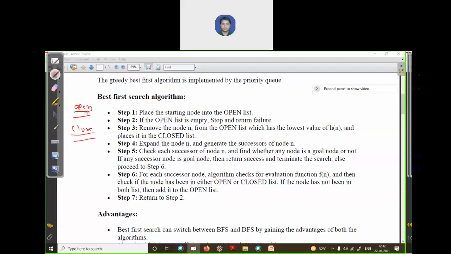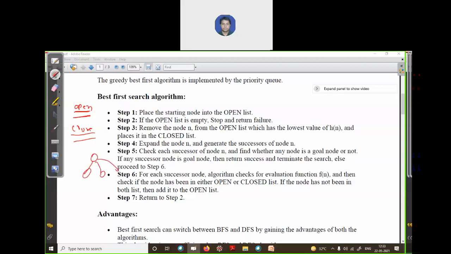In the open list, we will enter the nodes which we are exploring. In the closed list, we will enter the nodes which we have already explored. So the first point is to place the starting node into the open list.